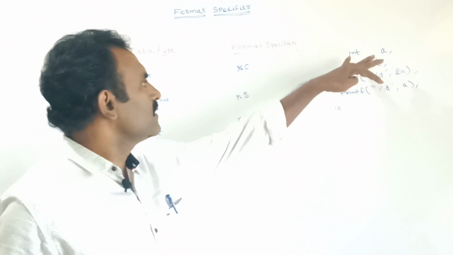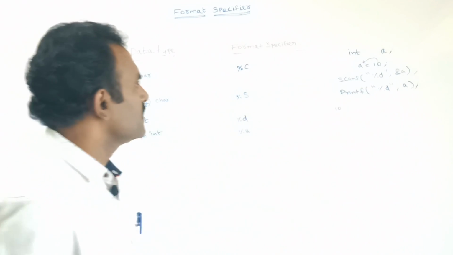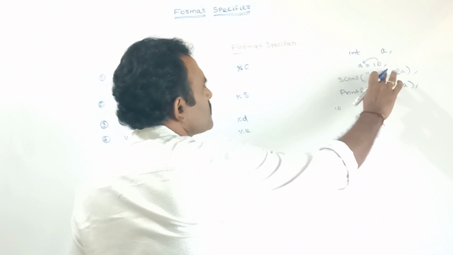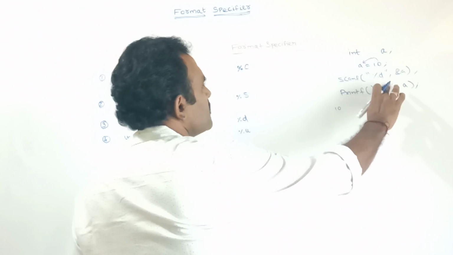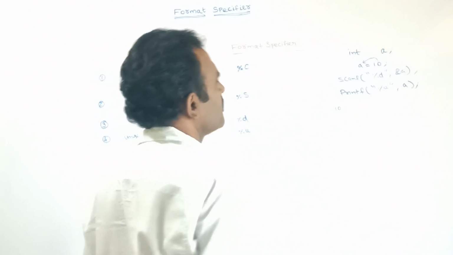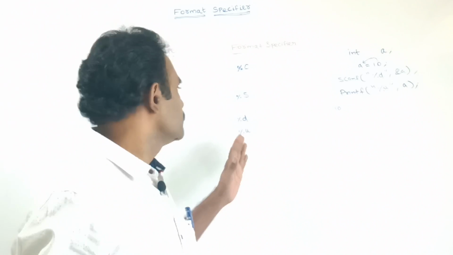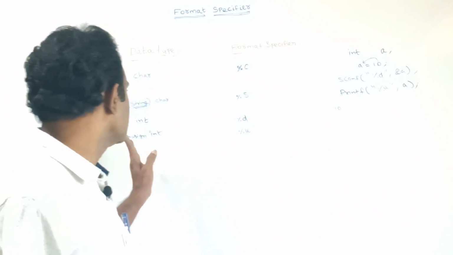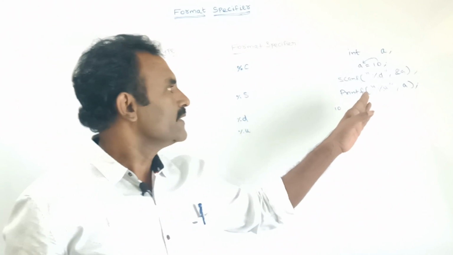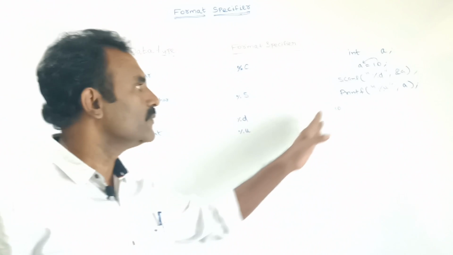Here I am declaring an integer variable a. After that, if you need to store or print some unsigned value, we can use the percentage %u symbol. The percentage %u symbol is used for unsigned integer. So in this way we can store the integer value, that is signed integer and unsigned integer value.